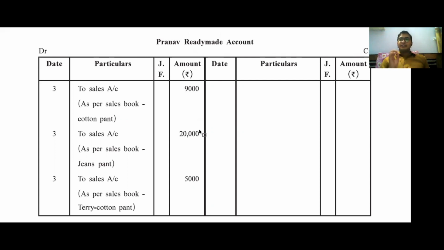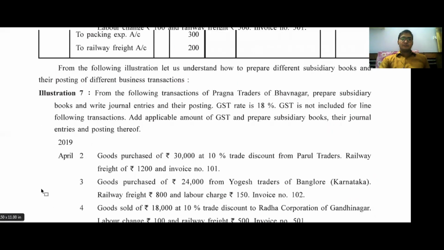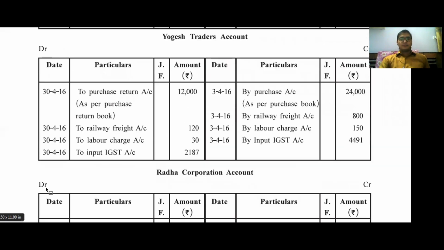I again repeat, in examination, simply journal entry and petty cash, on these two types they are asking for ledger posting, but we are solving all these types of subsidiary books as well as cash book. So first I have completed simple journal entry, then simple subsidiary books, and now I have completed columnar subsidiary books. Next one is regarding a cash book and its ledger posting. So now I am going ahead for cash book and its ledger posting.